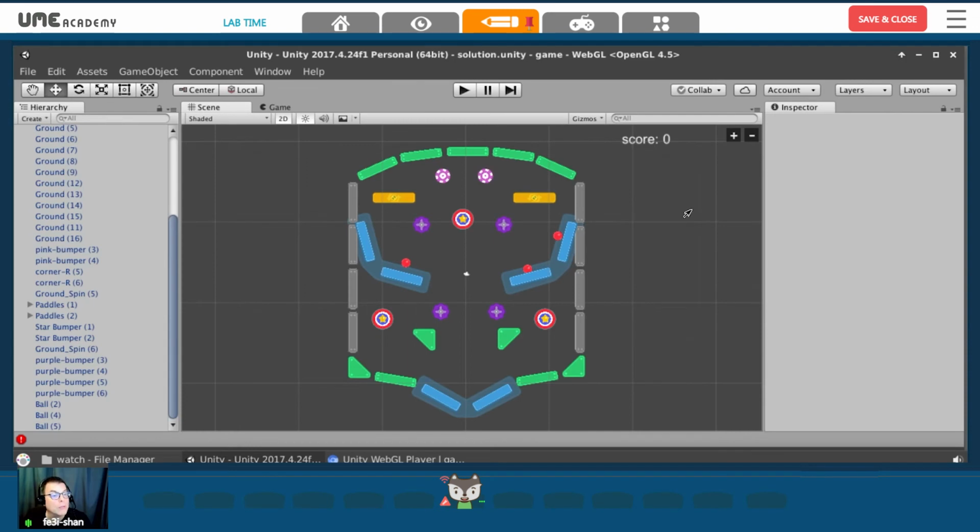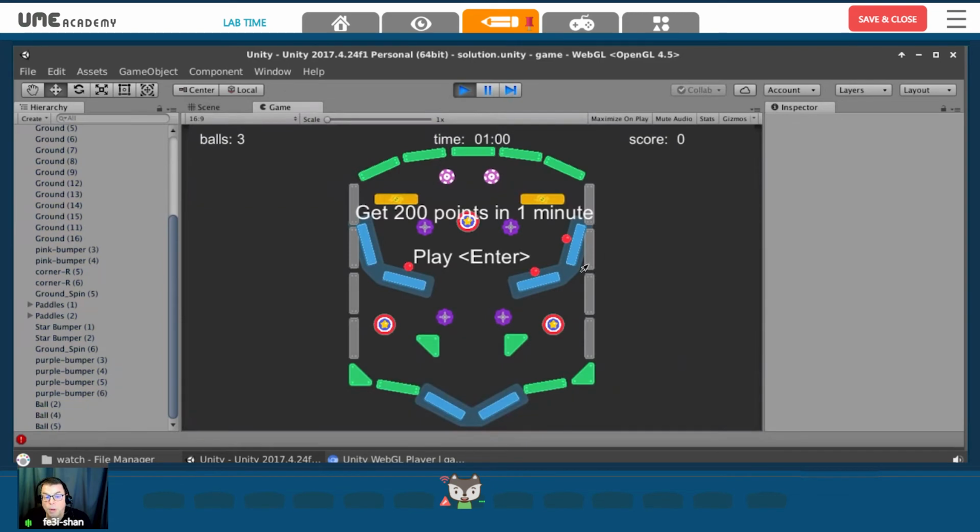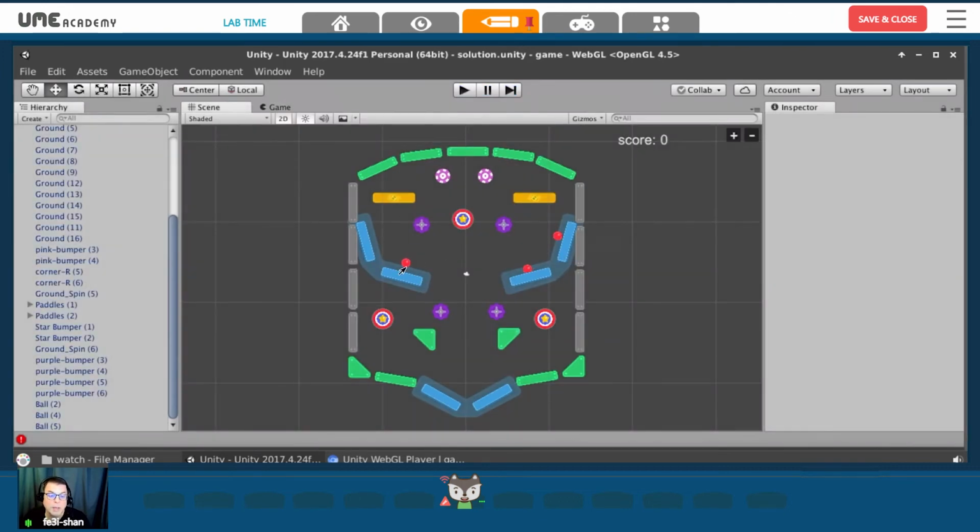If you stuck around looking for more information, I'm going to give you a few tips. For starters, you can have more than one ball in your scene. I want to show you something. I've duplicated the ball, so I have 3, and you can see that it actually tells me how many balls I have in play. Watch what happens if I duplicate it again,